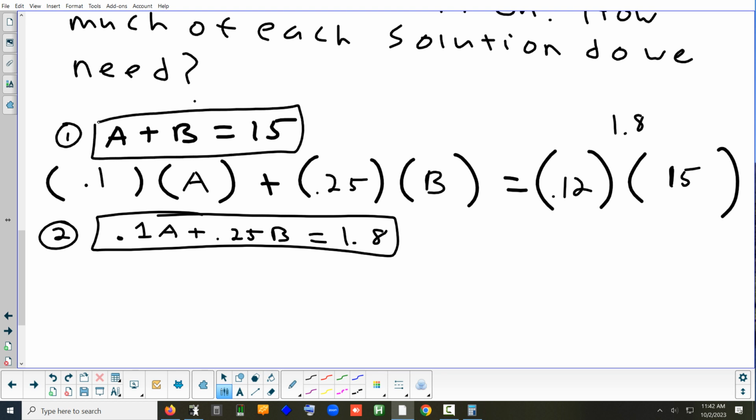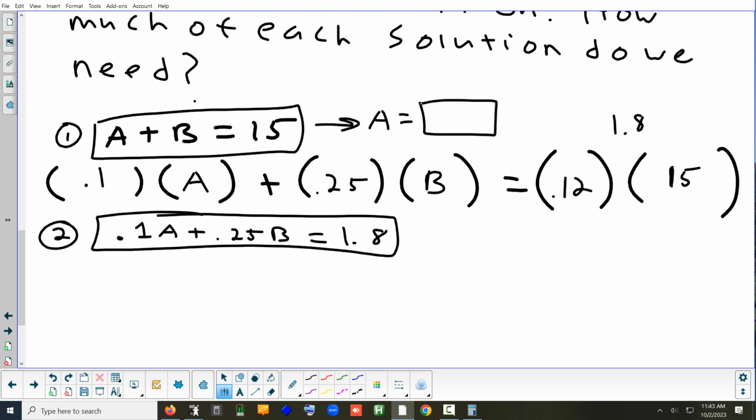So the way we're going to solve that is we have to do something with this first equation and then fill it into the second one. Does anybody know what we've got to do with that top equation? Isolate a variable. Right. We've got to get either the A or the B alone in this top equation and then fill it into the bottom. It doesn't really make a difference which variable you get by yourself. Which one do you want to get alone? A. Okay, so if we get A alone,